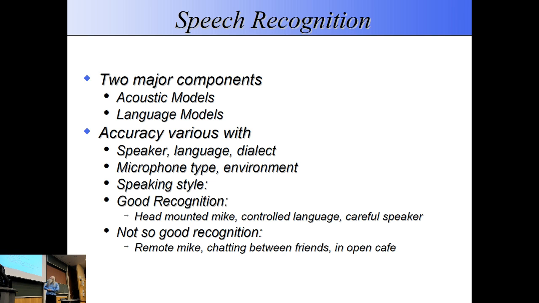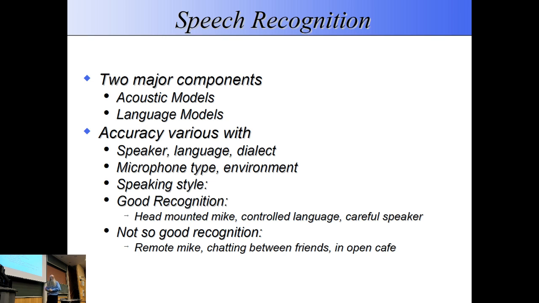But the accuracy of speech recognition varies not just with the language that people are saying, but also with the speaker, language, and dialects. So who is saying it? Some people are clearer than others, and if that person, or somebody like that, is not in your training set, it can be hard. Some languages are easier than others, and if you're non-native, that also makes a difference. Dialect: if you trained everything on standard Southern English, and then all of a sudden you tried to recognize Americans, who have got this extra R, everything will stop working.